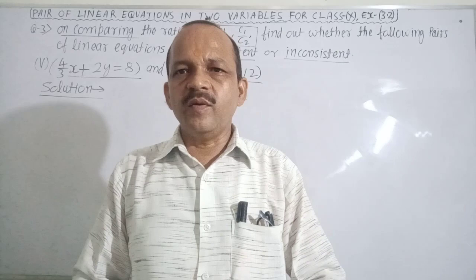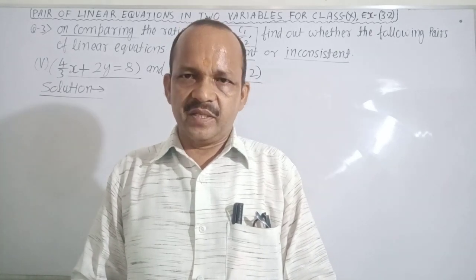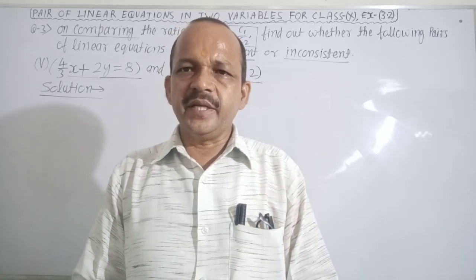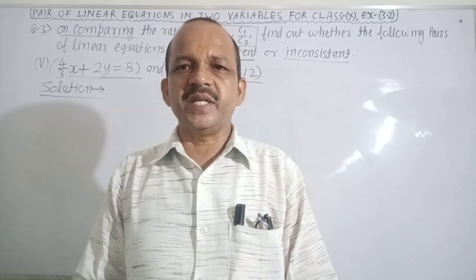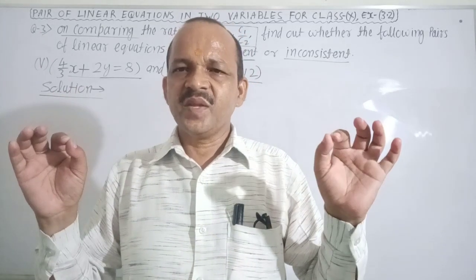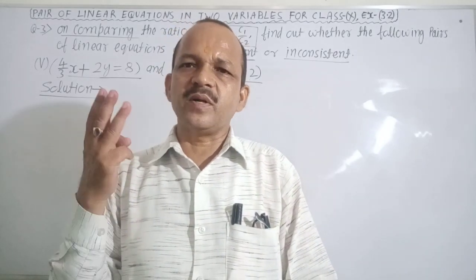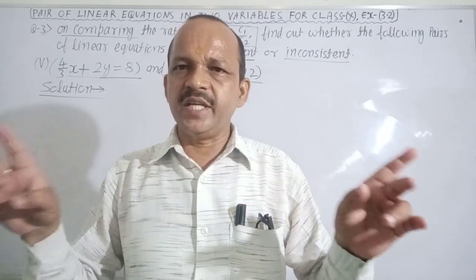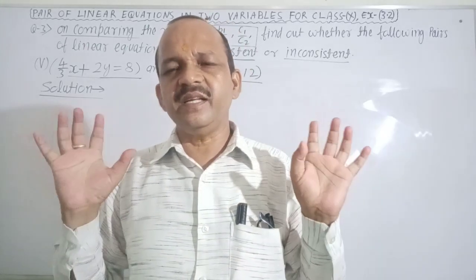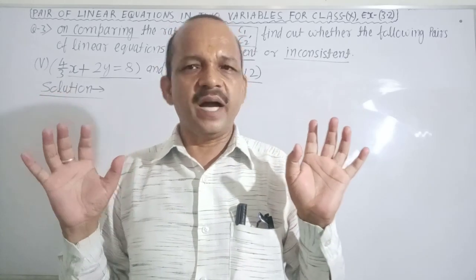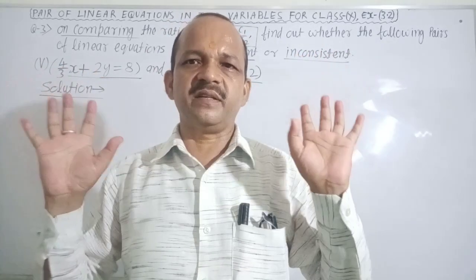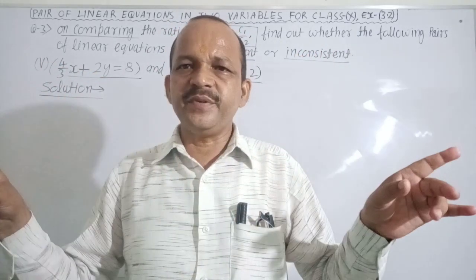Very good. Now I want to describe the algebraical methods. There are three types of algebraical methods. First, substitution method. Second, elimination method. Third, cross multiplication method. It means you can solve your question very easily with the help of these three types of algebraical methods. It is clear? No confusion about it? Very good. You can solve your question very easily, but concentrate your mind, listen to my words with full concentration and see the board with full concentration. My words are clear? No confusion about it?